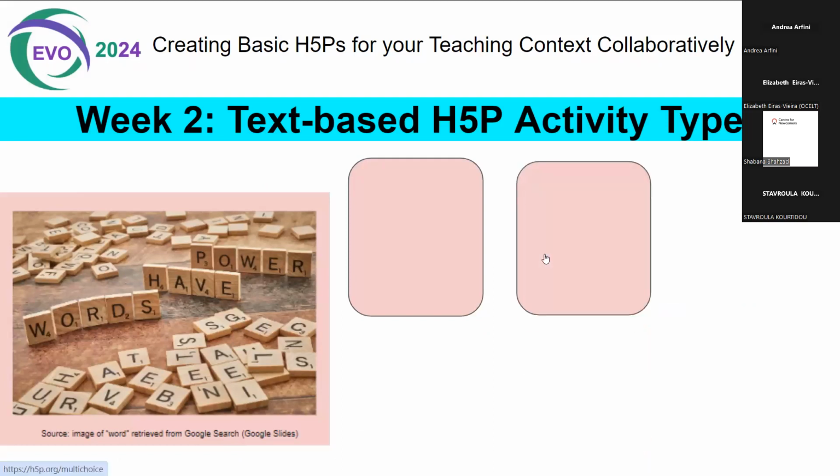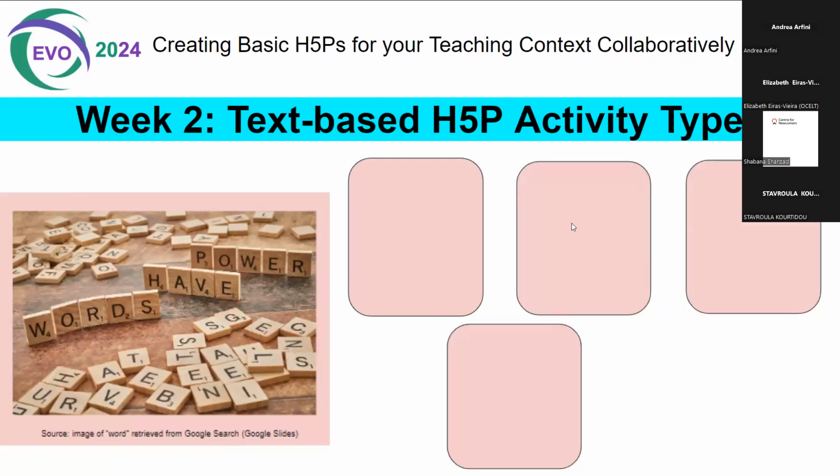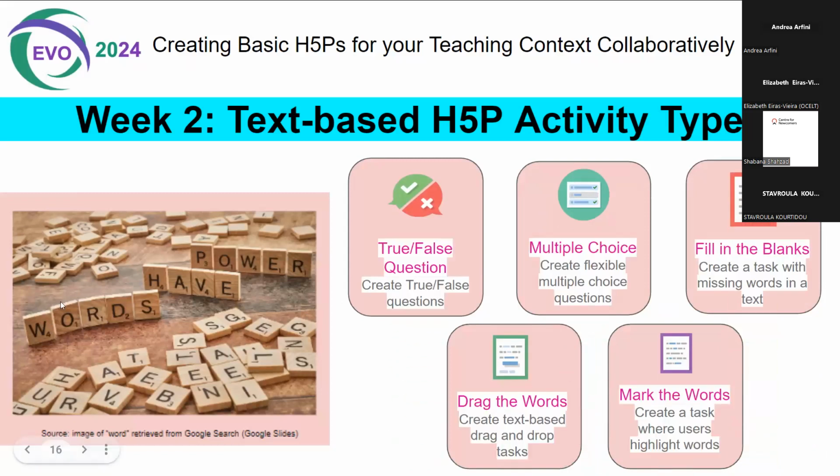This week we are going to focus our attention on text-based H5P activity types. They are true false question, multiple choice, fill in the blanks, drag the words, and mark the words.